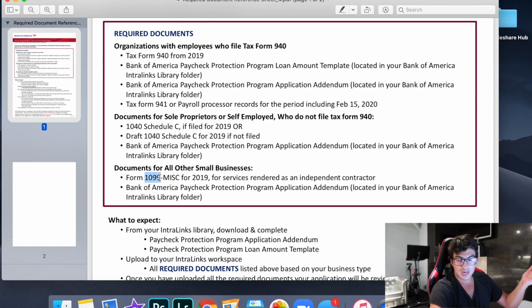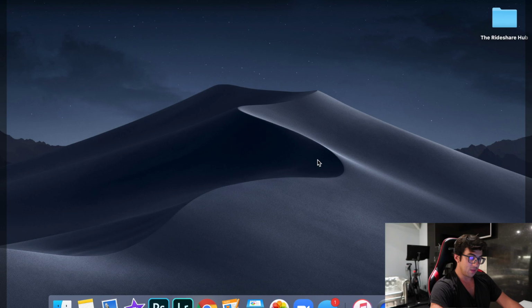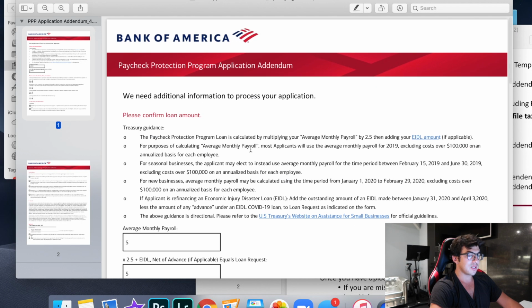If you have already filed taxes, you probably already have it saved on your computer. And then the Bank of America Paycheck Protection Program application addendum. That's it. That's all you need. For independent contractors, they're really not asking for a whole lot. And I'll show you what that second form is. This is what it is, guys. It just asks you to basically